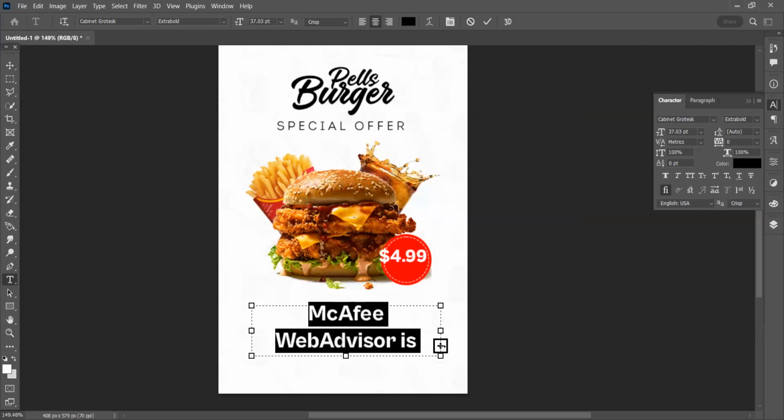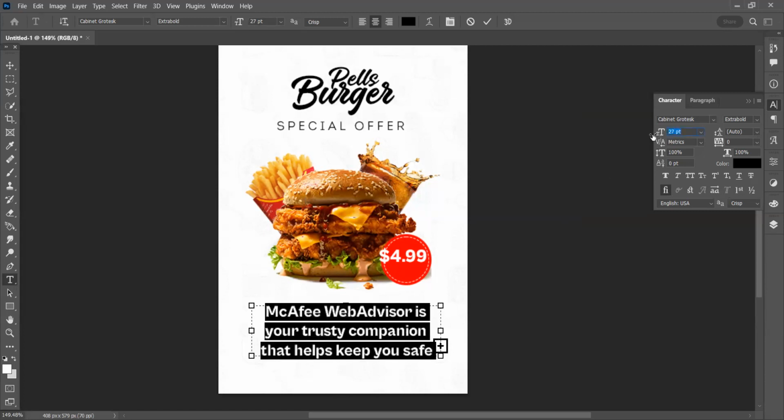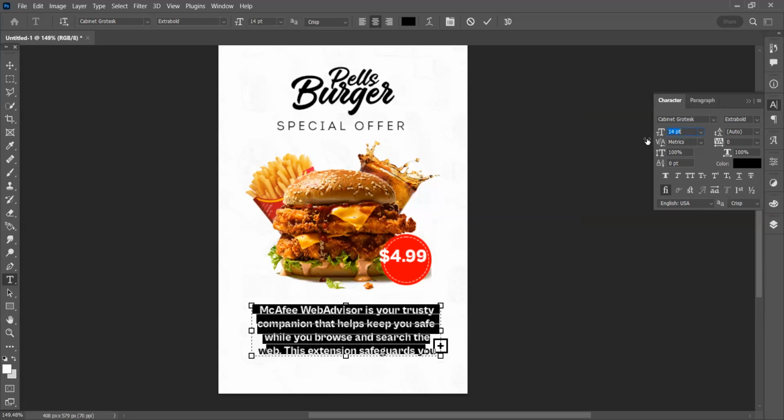That's why you see this plus here. It's because some of the content I copied online, some are still hidden, right? So what I need to do is to reduce the size so I can see the whole information that I copied. Can you see it now?